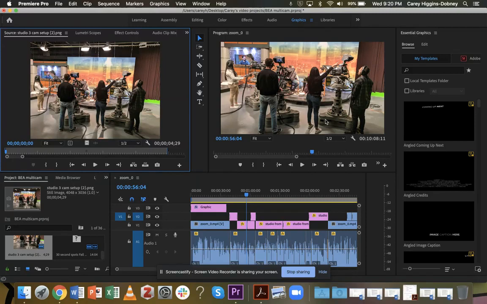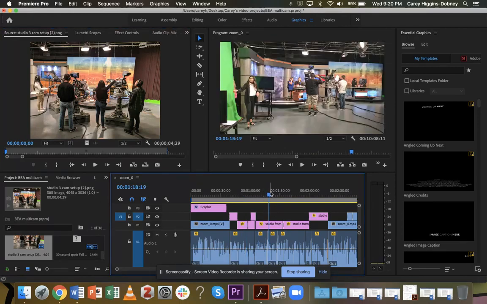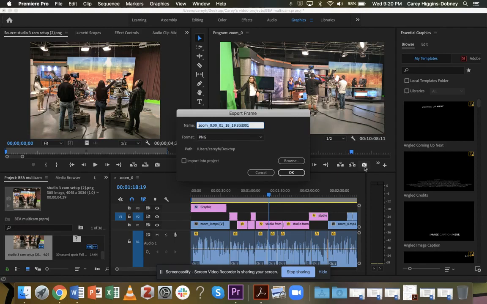There you go. So basically what you do is you make sure you are down here and you are positioned wherever it is that you want your picture to be. Sure, this one will work too. And then you come over here to the little export frame. It looks like a little camera, and you click on it, bink, and it'll say, all right, what do you